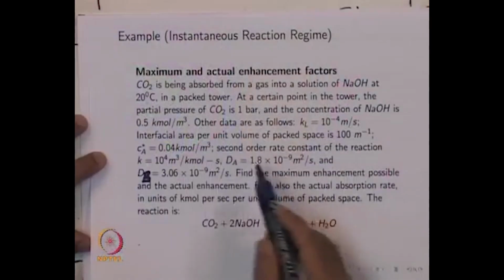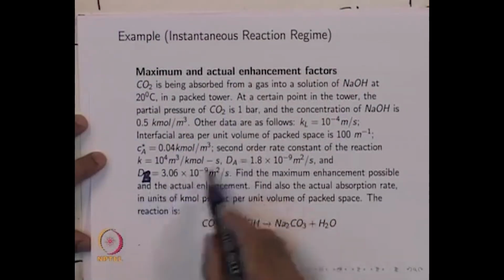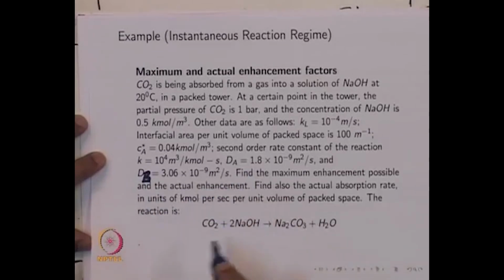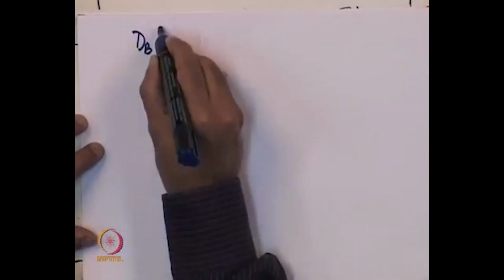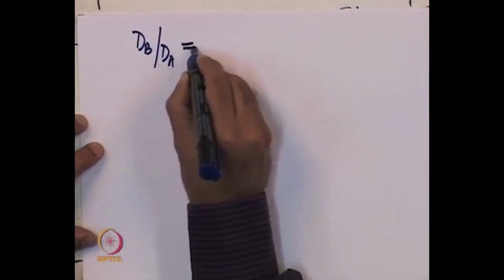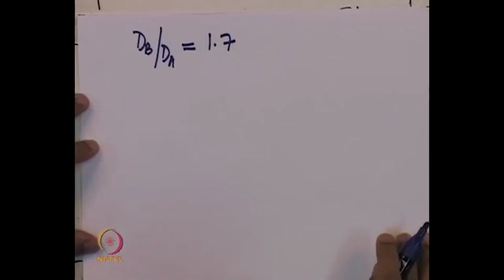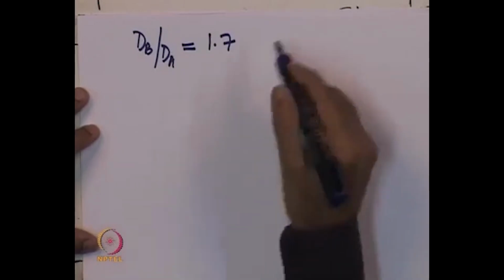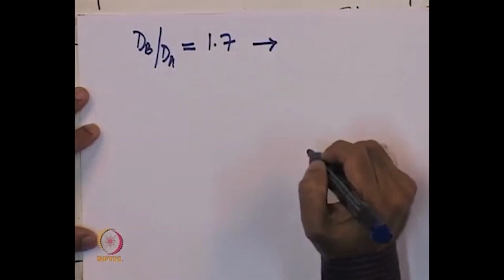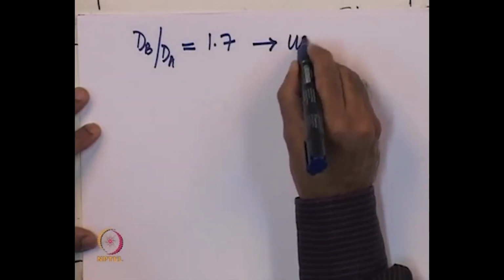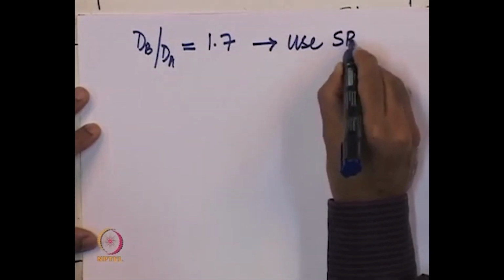So, how do we attempt this example? The maximum enhancement factor: we note first of all that the diffusivities of A and B are quite different from each other, and in fact, the ratio of the diffusivity of B to the diffusivity of A in this case turns out to be 1.7 if you calculate this ratio from the given values of the diffusivities. Therefore, because this is significantly different from 1, we have to use the surface renewal theories in order to calculate